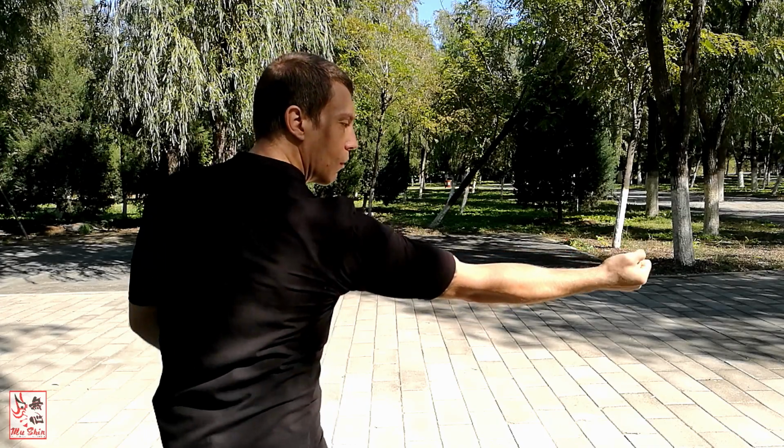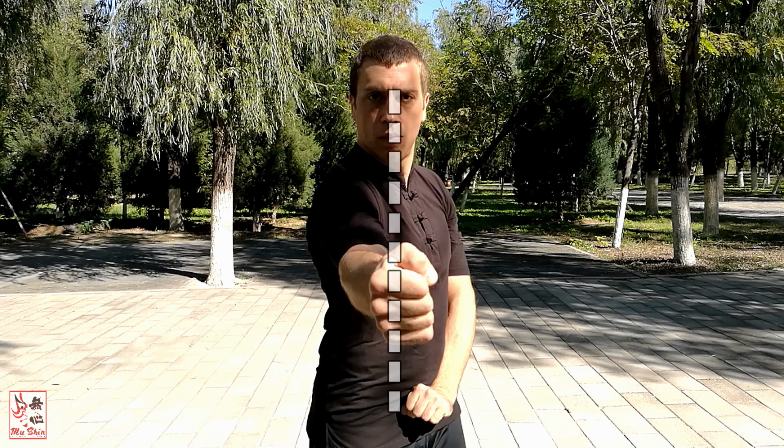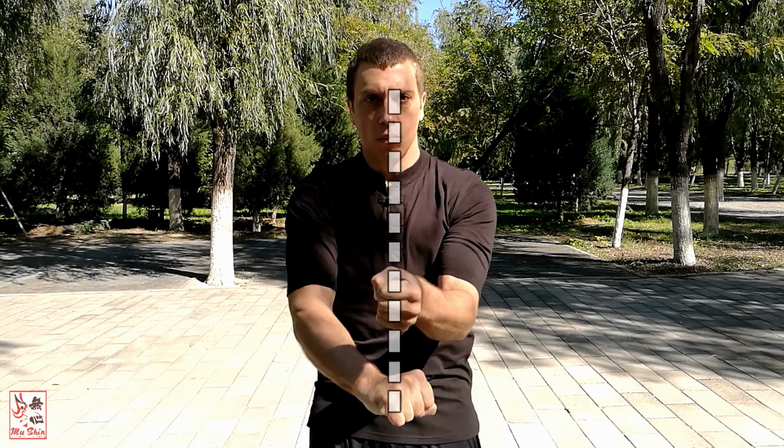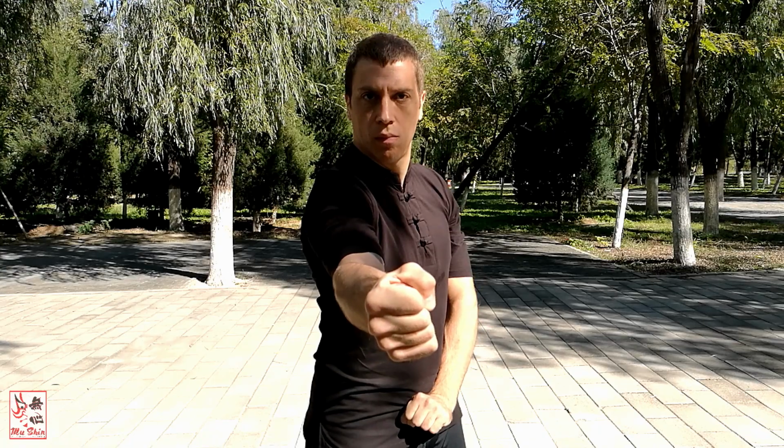The face of the fist of the punching arm is angled slightly forward so that the fist eye is angled forward and up. The focus of force is on the knuckles of the index and middle fingers, which are aligned with the forearm. Ensure the back of the fist is also aligned with the forearm. Practice this slowly at first to ensure that you conform to the requirements. Once you have some proficiency with the movement, you may add speed and power and continue to practice on the